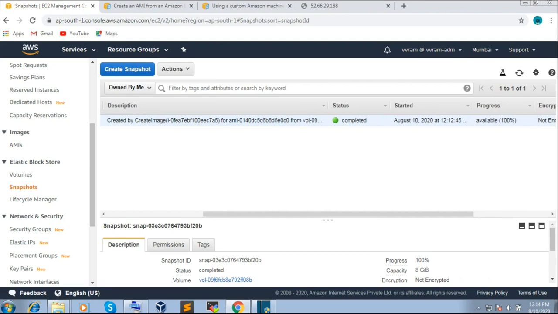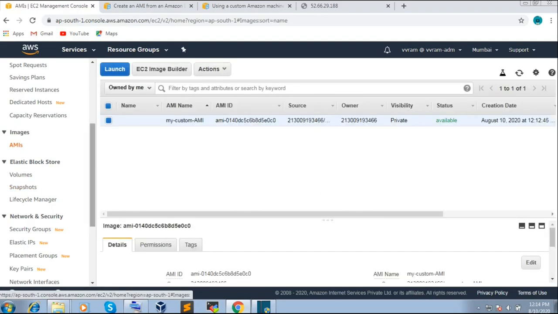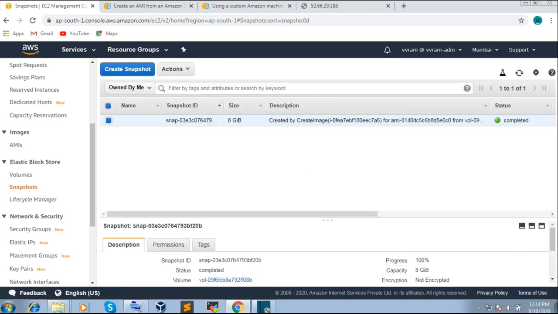This is the AMI, and this is the 040 ID. Check the snapshot. It represents that same 040 AMI only.